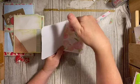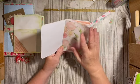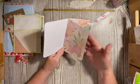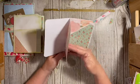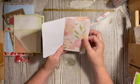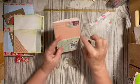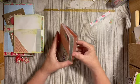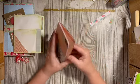And of course, you put your stuff in here, so that doesn't matter that it's loosely in there. It was connected here, but loose here. And so I cut around the envelope. I lost the footage of that, but I cut around the envelope,